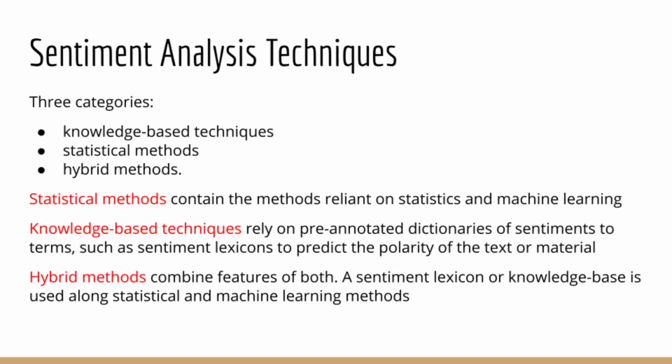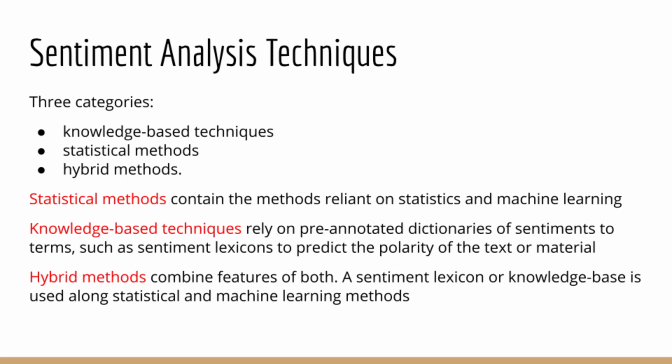Now, after this foray into what lexicons are, I will reveal that not all types of sentiment analysis even utilize sentiment lexicons. Sentiment analysis is typically divided into three different categories depending on the technique used, which are knowledge-based techniques, statistical methods, and hybrid methods. Statistical methods for sentiment analysis contain the subset of methods that rely on machine learning, which can skip the requirements for having a semantic lexicon, which is either generated manually or with text mining techniques.